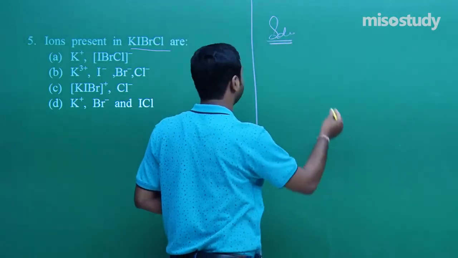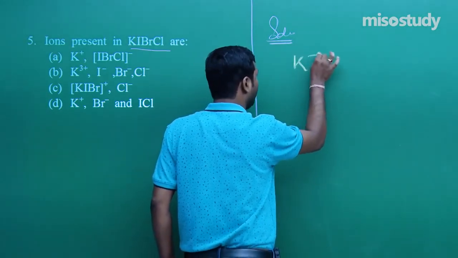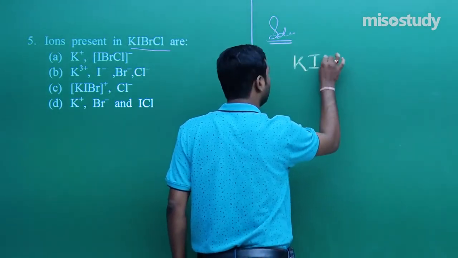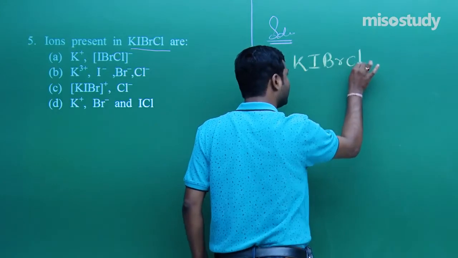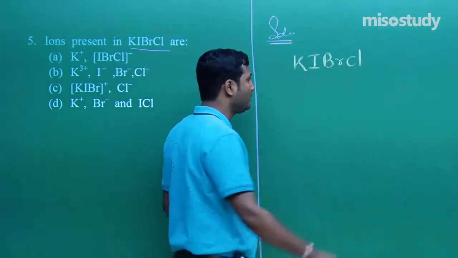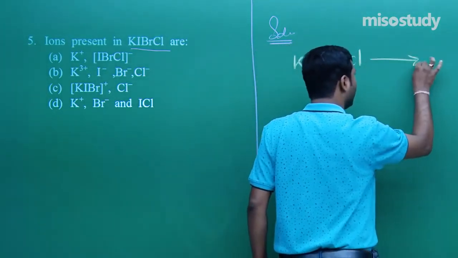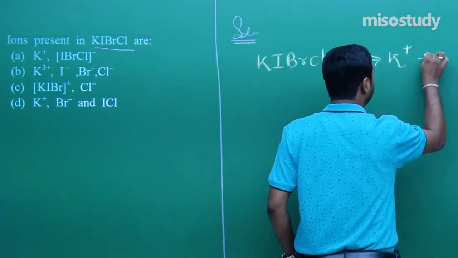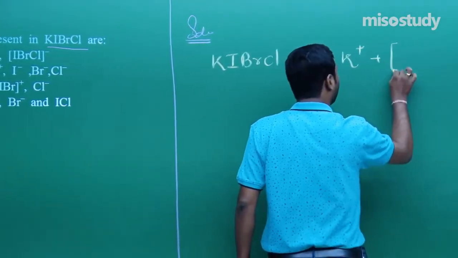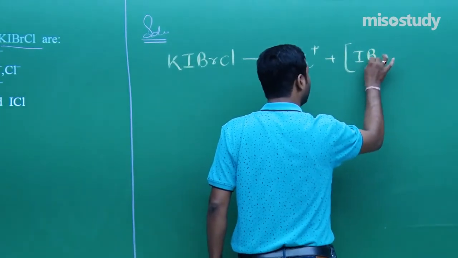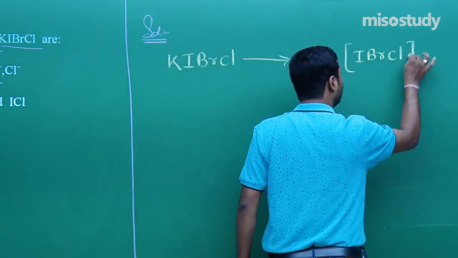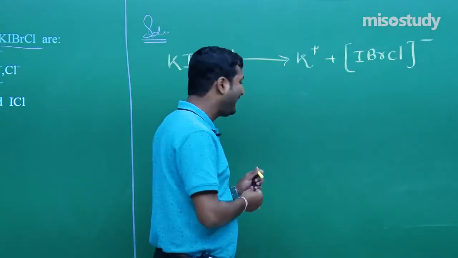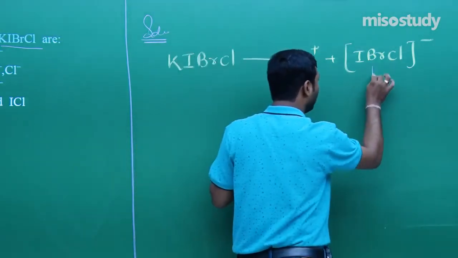That is KIBrCl. Clear to you? It will dissociate and gives you K plus, yes sir, and IBrCl minus. That is, it dissociates to give you